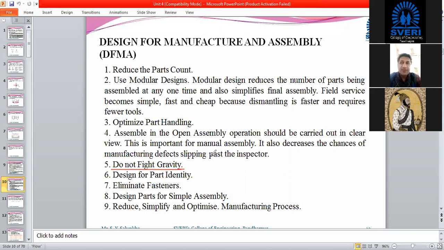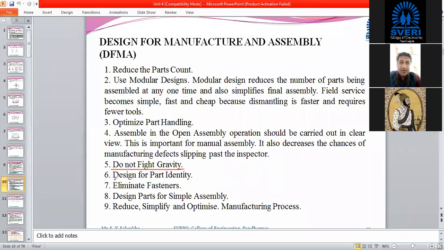If possible, you can Google how the aeroplanes are manufactured or assembled together, or satellites are assembled together. From the upper side they are going to place the heaviest component, not from the bottom side. Getting me? So every designer is going to take care of this, and he has to always keep in mind that we should not fight against the gravity.